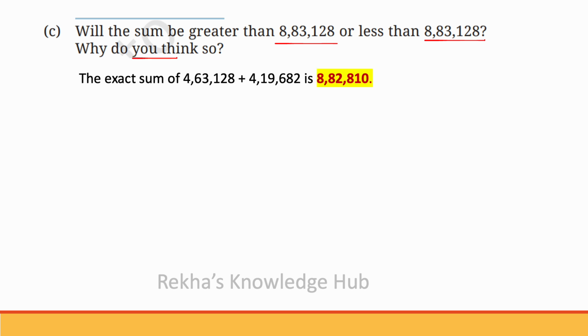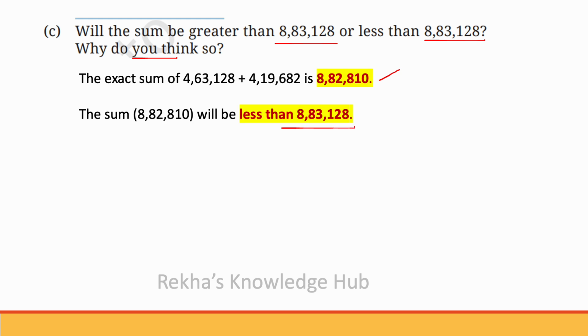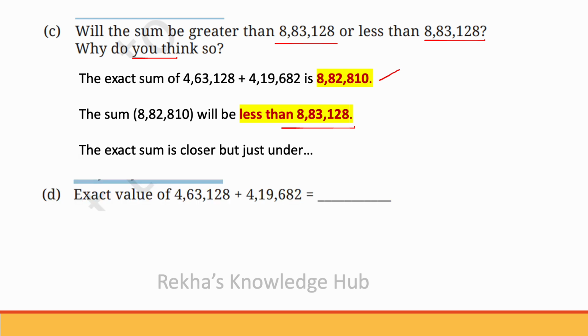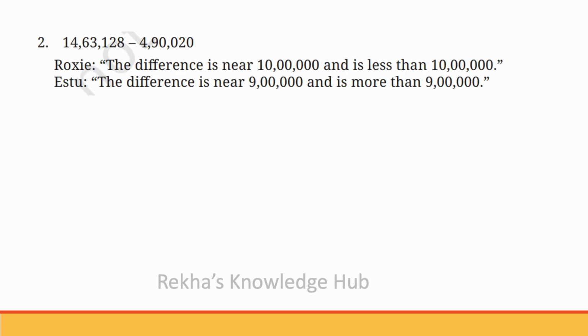See, the exact sum is 8,82,810. This sum will be less than 8,83,128. So, the exact sum is closer but just under. What is the exact value of 4,63,128 plus 4,19,682? It is 8,82,810. Next one,